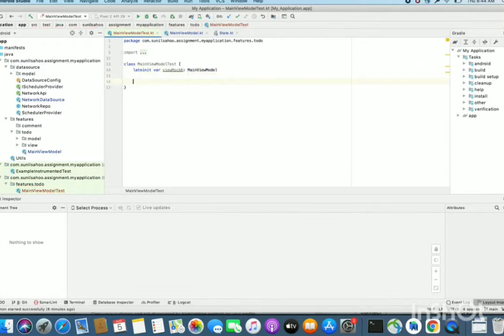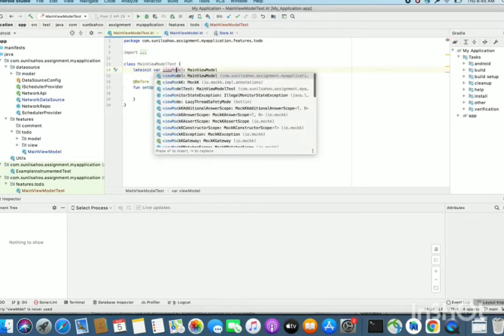Now setup. Oh, this is viewModel. Let's name it viewModel.